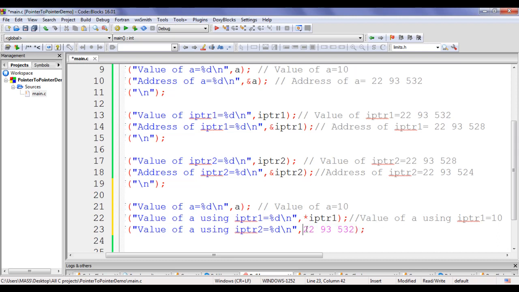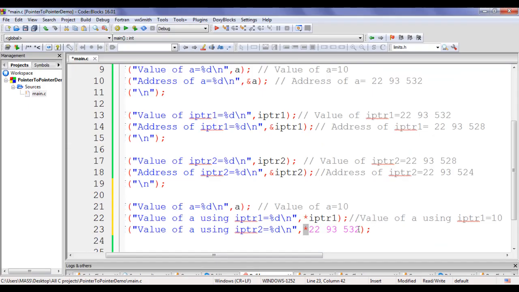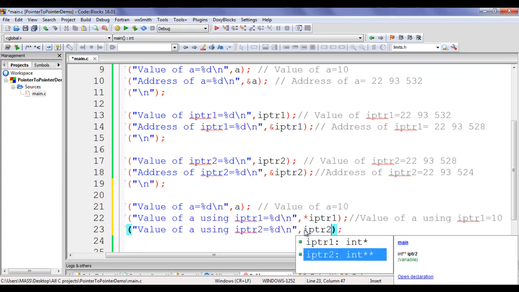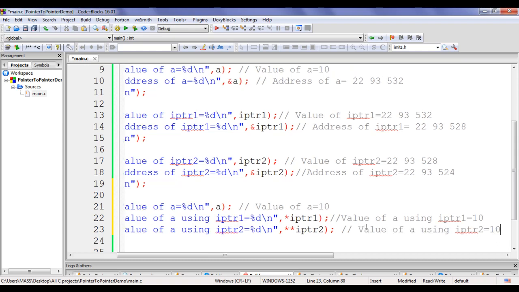If I say again star 22,93,532, it indicates value at 22,93,532 is 10. So what I have to do is, I have to say here IPTR2 prefix with 2 star symbols. Understanding? It displays value of A using IPTR2 equals to 10.